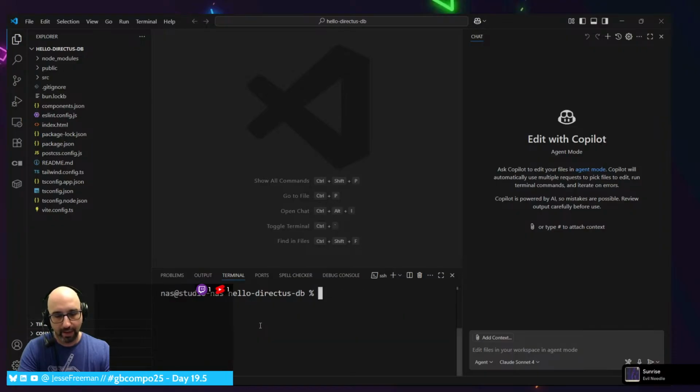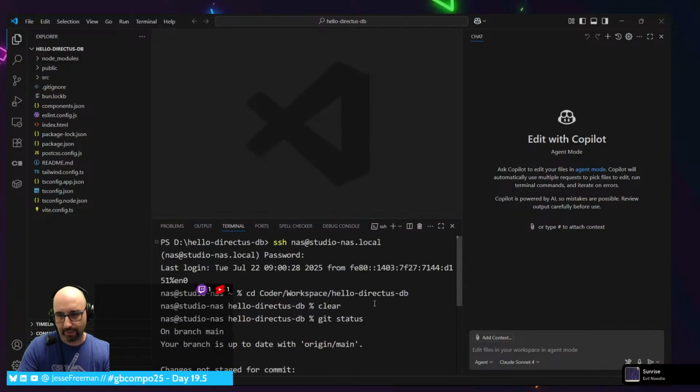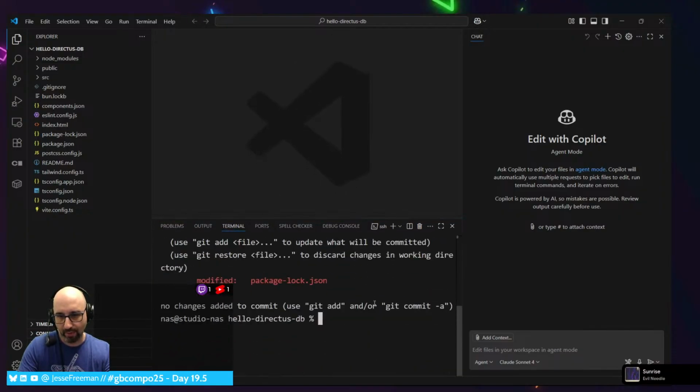Clear. And now we can do git status. The reason I have to do this is I have to be on the actual server in order to do the commit stuff, or else it just messes up when it's local.